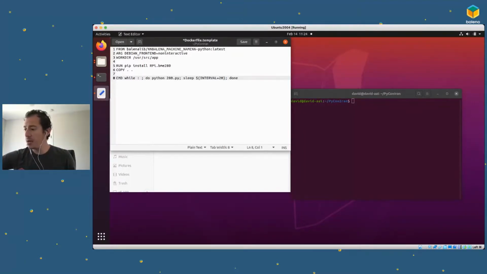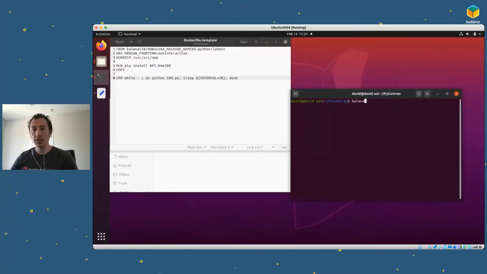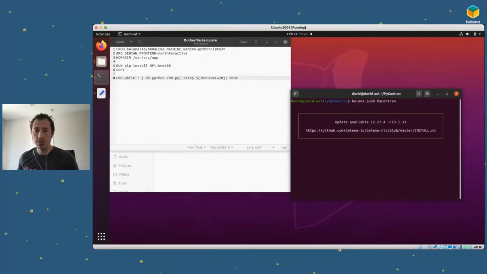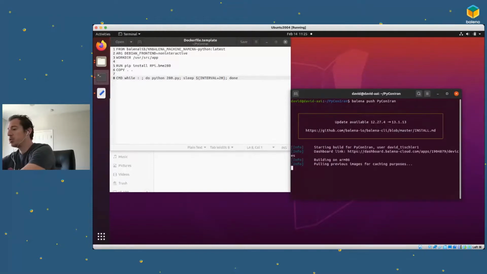And then do our push. So we'll save it. Balena push on Iran. And it will go through the process of building the container, like we talked about, uploading the package,